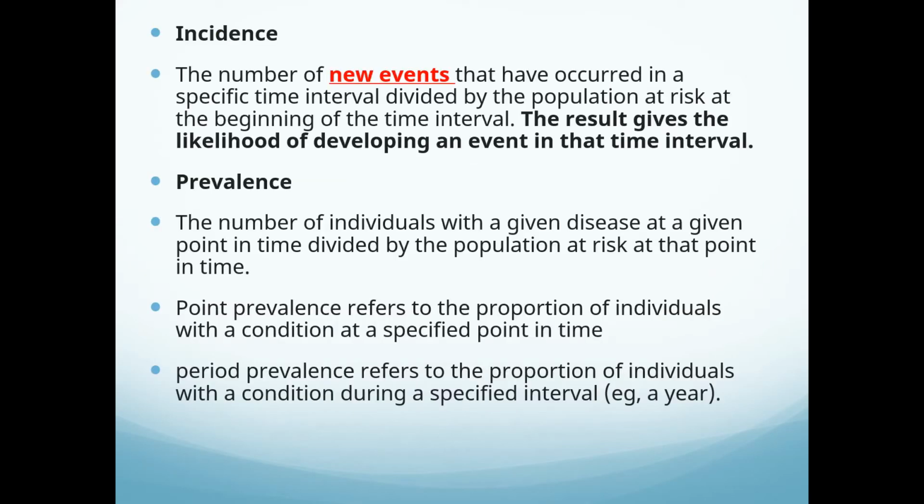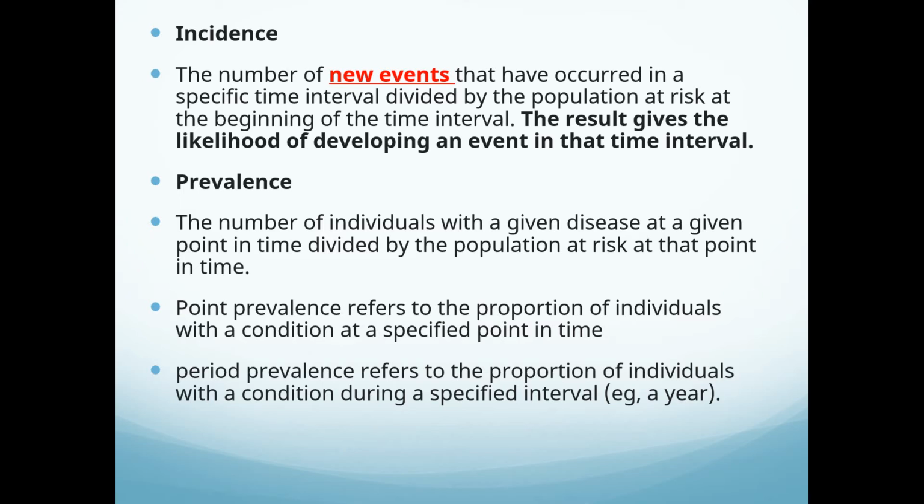Incidence is the number of new events that have occurred in a specific time interval divided by the population at risk at the beginning of the time interval. So the result gives the likelihood of developing an event in that time interval. For example, if we are talking about patients who have diabetes, the incidence of diabetes in the Kingdom of Saudi Arabia is the new events of patients developing diabetes in a